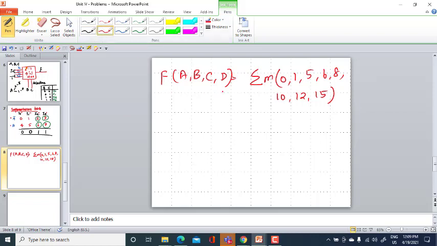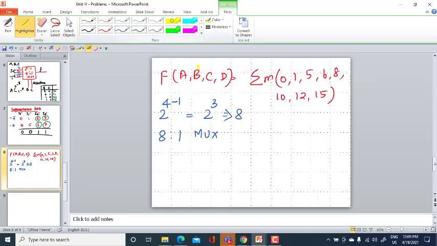How many input multiplexer do we need? How will you go ahead? We have 4 variables. So 2 power n minus 1, where n represents the input variables. So 2 power 3 is 8. So we need an 8:1 mux with 3 select lines.